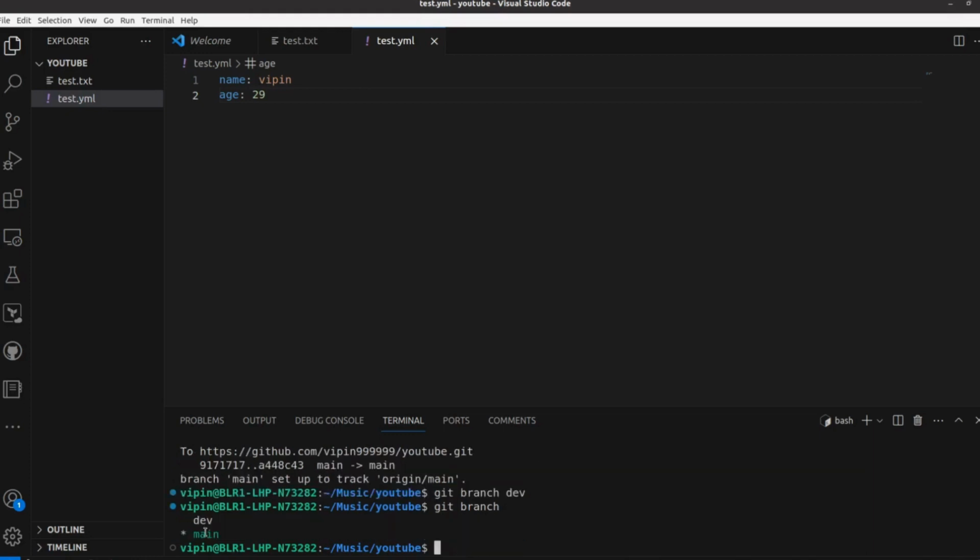We have the dev branch and the main branch. Whenever you create any repository, the main branch is created by default. Apart from it, you can create another branch if you want. We don't have any code on the dev branch yet.